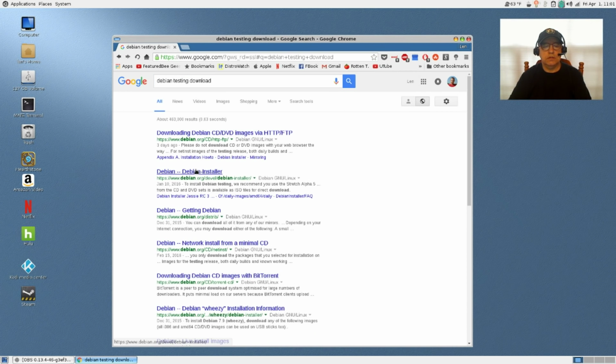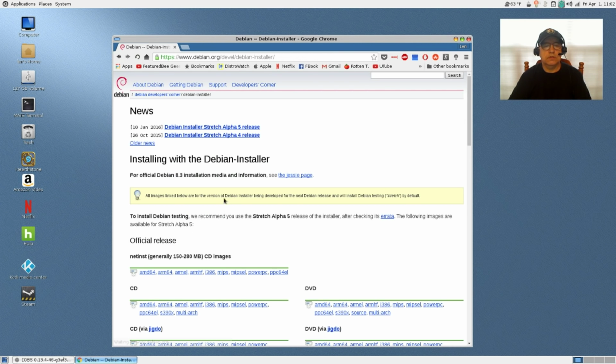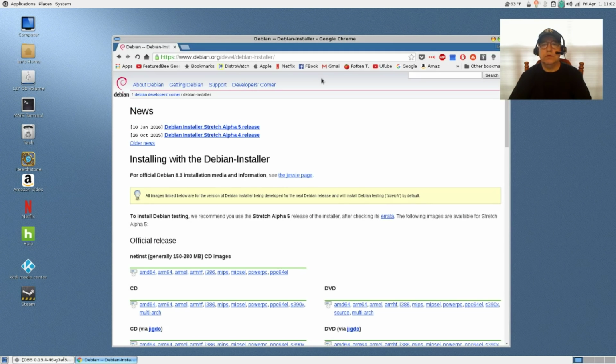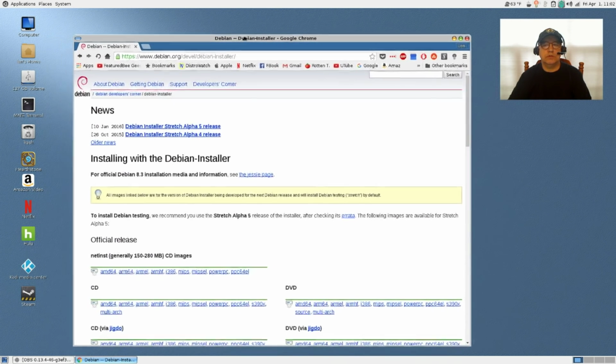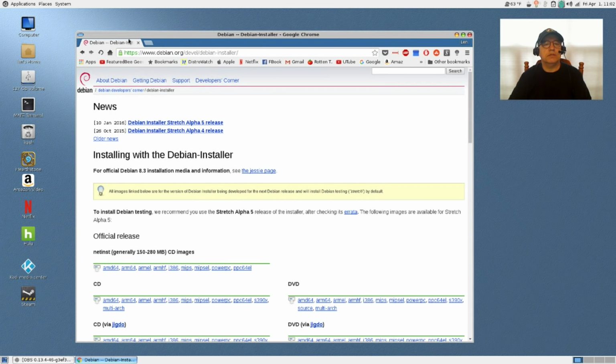Now you see Debian installer. Okay, so I'm going to expand this a little bit. We want to install Debian testing.